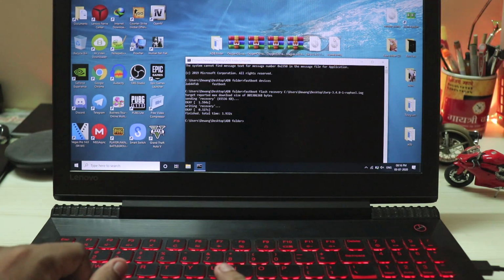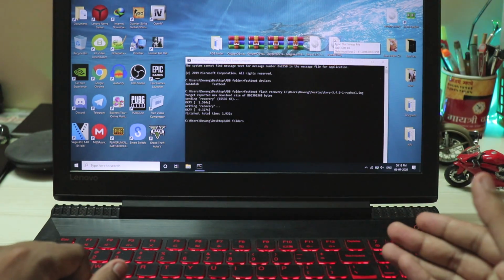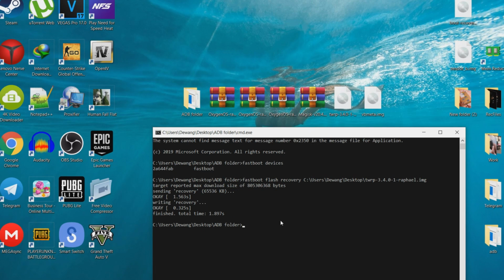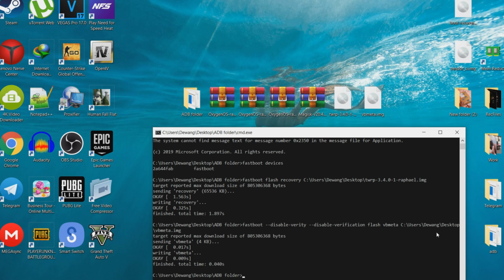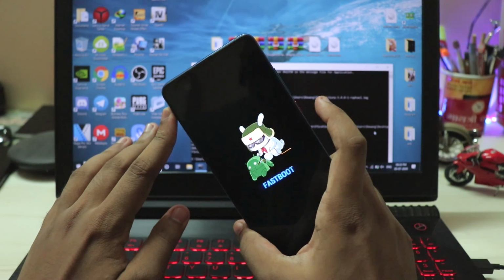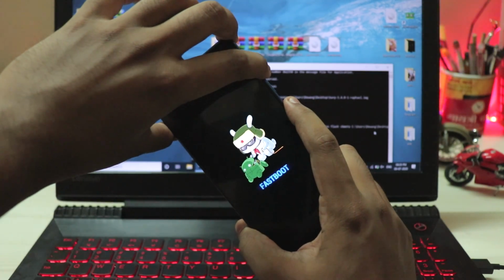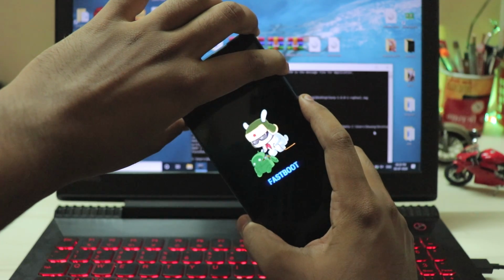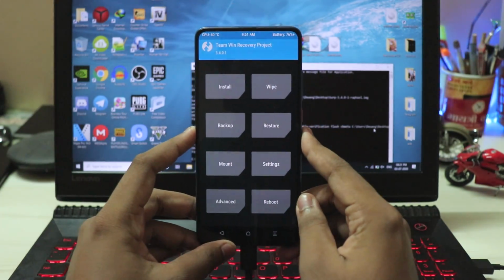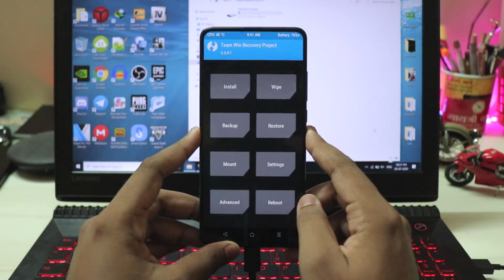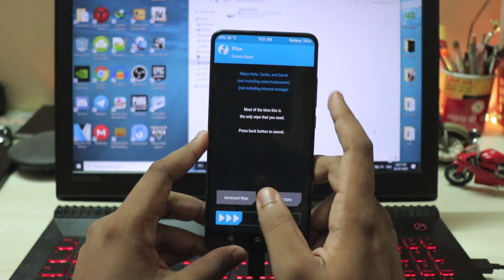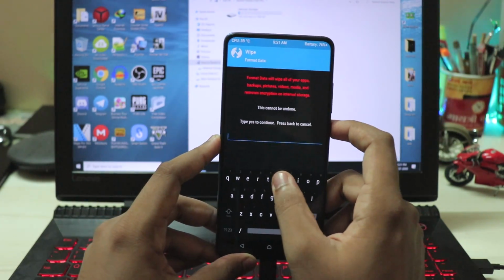Now you also need the vbmeta in order to load the custom binaries, as this is a ported ROM. I won't be rambling through my mouth as it's long, so I will just leave it in the description right over there. Then you have to drag in this vbmeta.img and hit enter. Now our phone can boot possibly just anything. So now hold your power and volume up at the same time in order to go to recovery. Once you're in recovery, I completely recommend that you wipe your phone. Back up anything before doing so. Go to format data and type in yes.